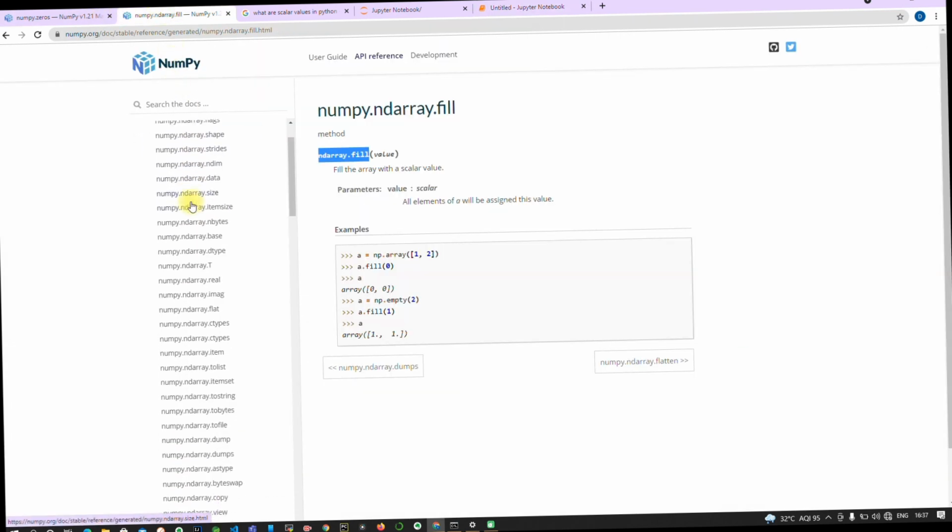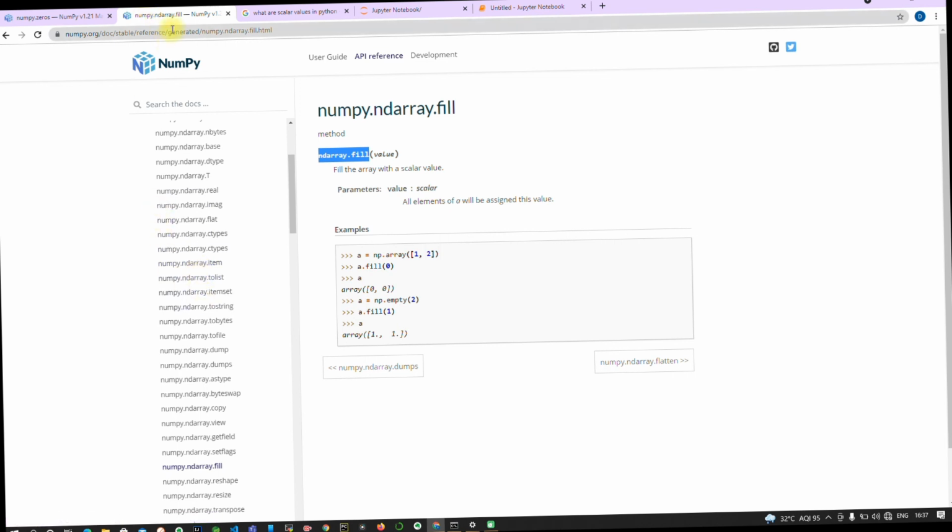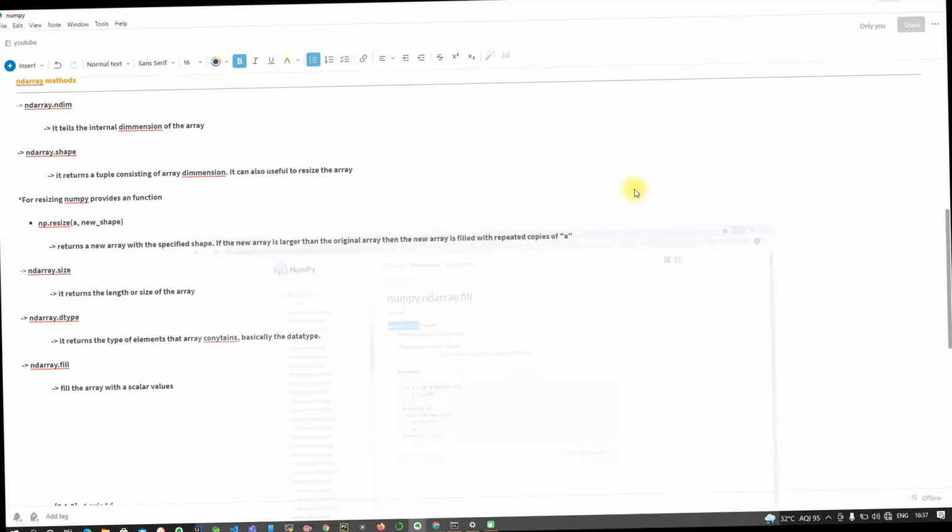Similarly, the NDArray class provides many methods. I will be leaving the link in the description, so you can go through all the methods and play around. This is all about today's video. I have chosen these couple of methods because we use them quite a lot in machine learning or data processing. My future videos will be more into data science, data processing or machine learning. That's the reason I have started this NumPy tutorial, and I will be describing only the essential things that we use NumPy for in ML.